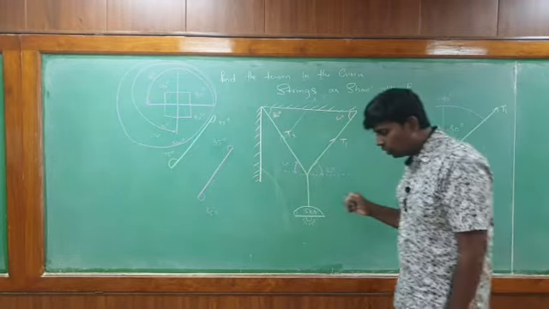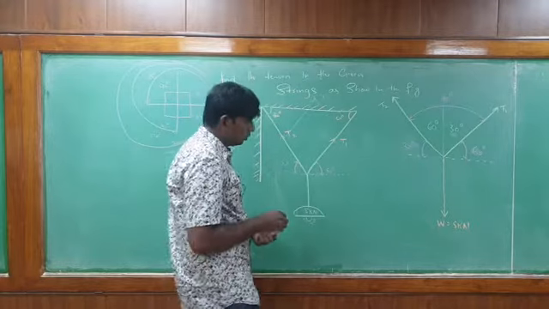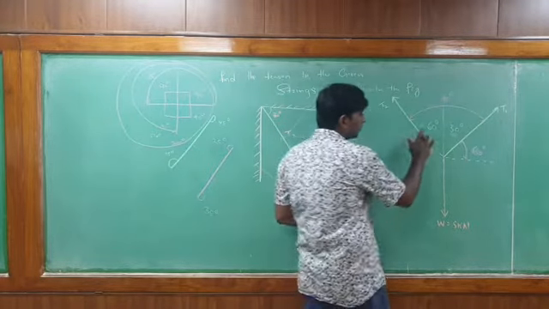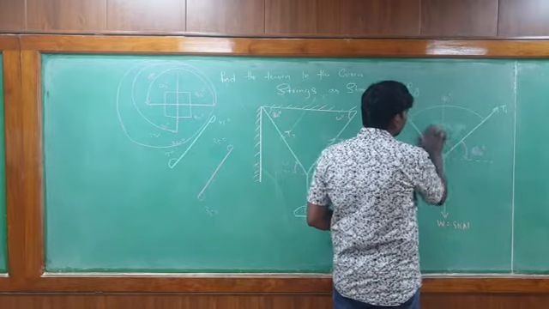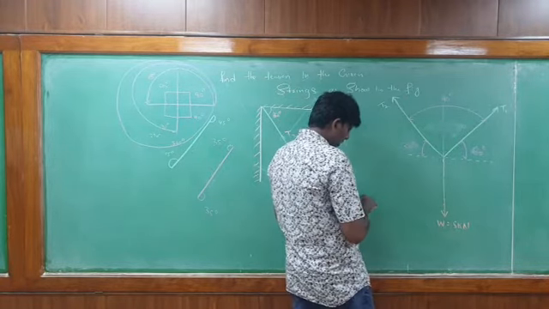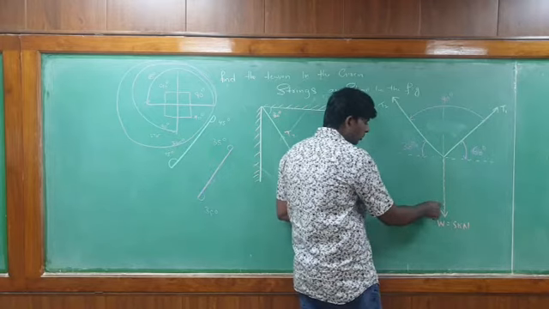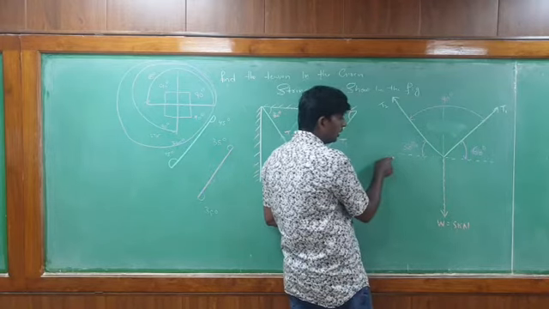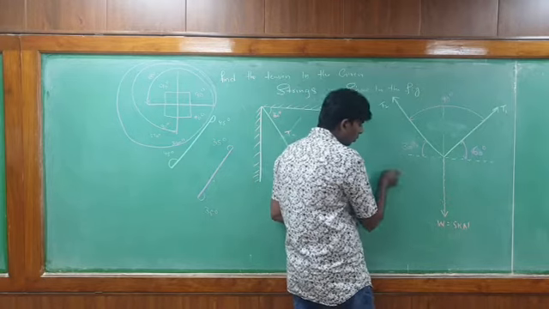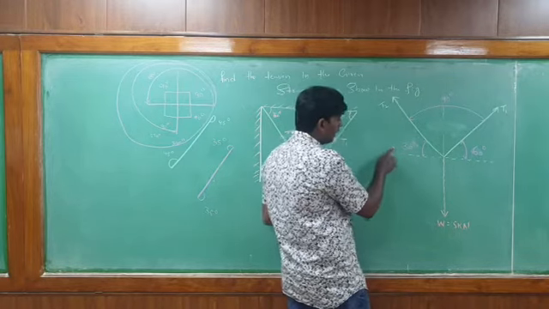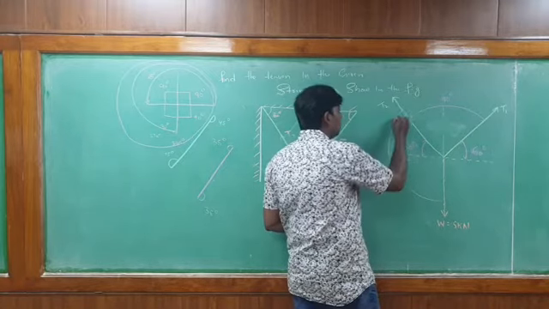Let's try to find out between T2 and W how much angle is there. So, what you have to do? See, already you got 90, leave these angles. Next one, see here, this is your axis line. From here to here how much will be? 90. 90 plus 30. From here to here you know how much it is? 90. 90 plus 30. So, from here to here how much angle will be there?